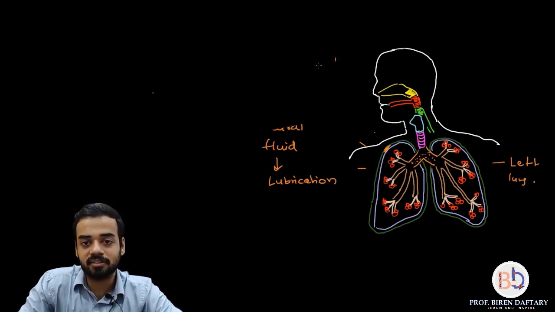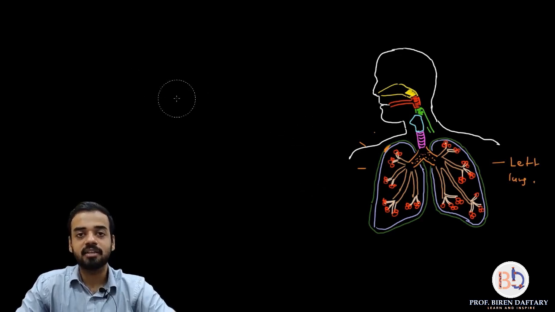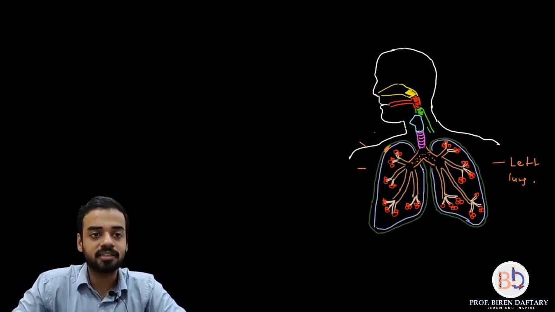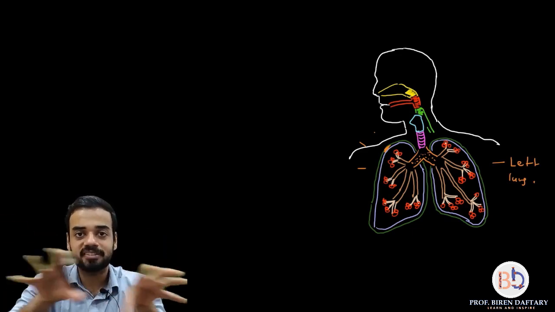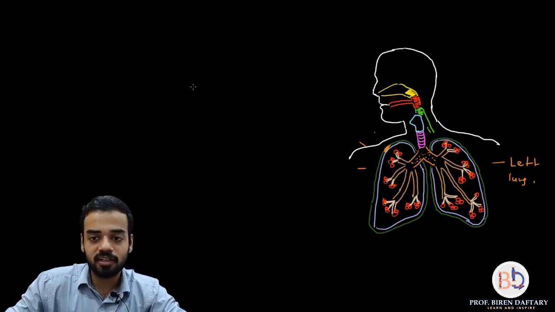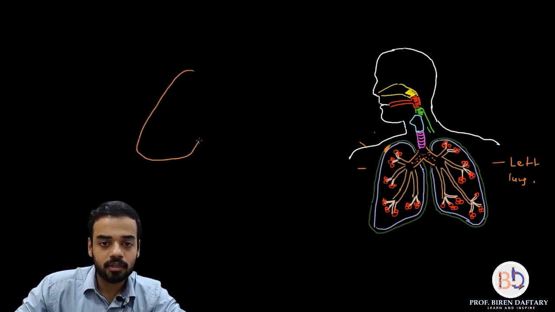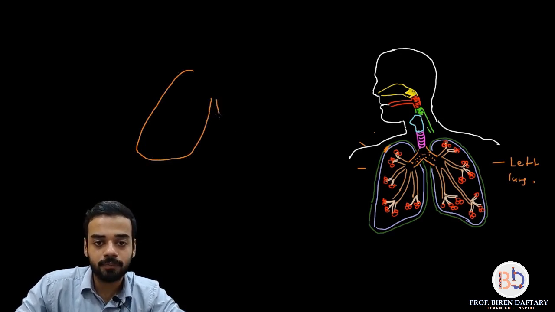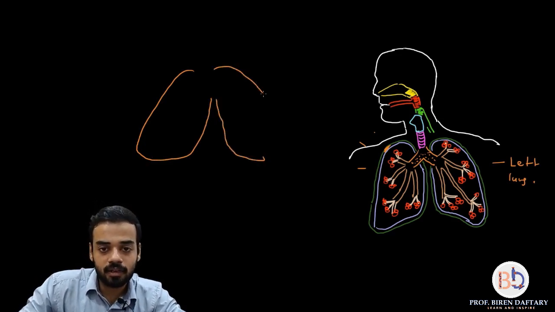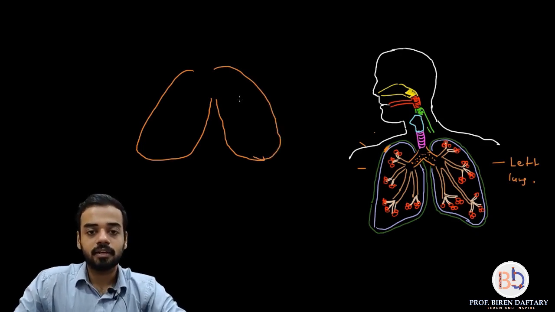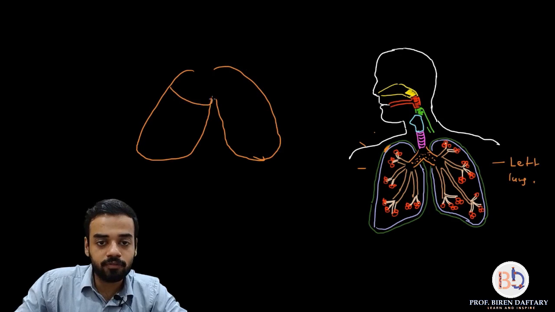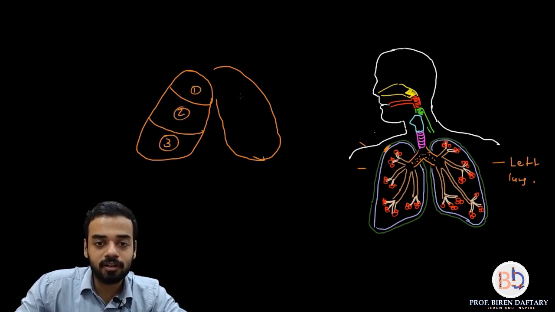Okay, the last thing to remember in lungs is the structure of the lungs externally. So this is the internal structure. Obviously inside the lungs, the bronchioles, the alveolar sacs, all those parts are embedded and attached. If you see the lungs externally, suppose I draw the lungs, this is the right lung and this is the left lung. If you have a look at the right lung, it is actually made up of 3 lobes, whereas the left lung surprisingly is made up of only 2 lobes.